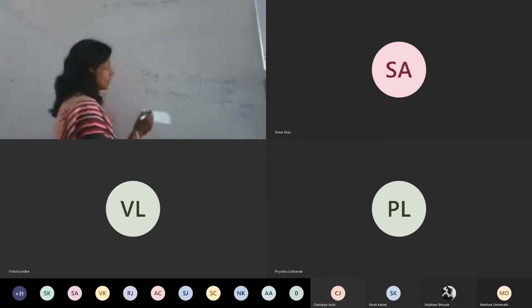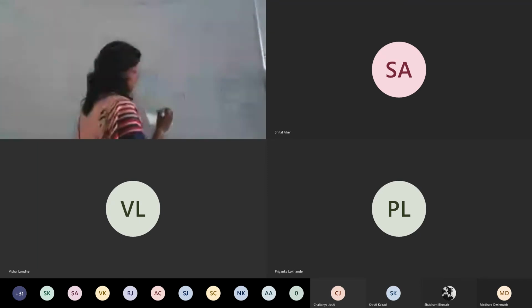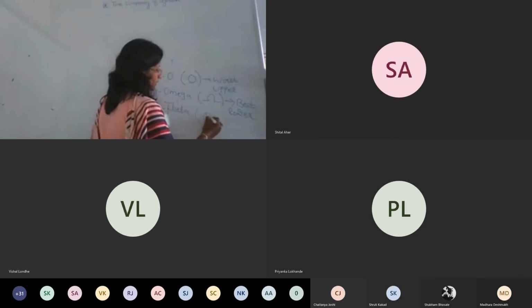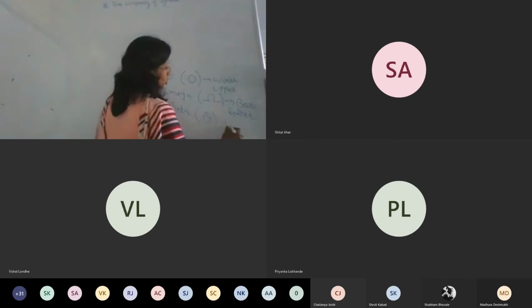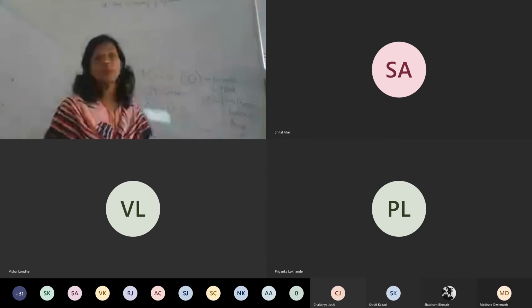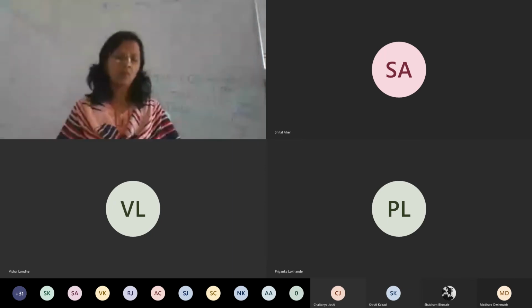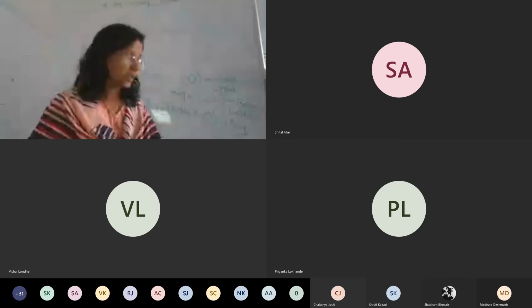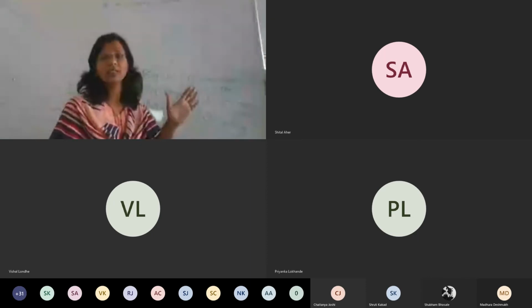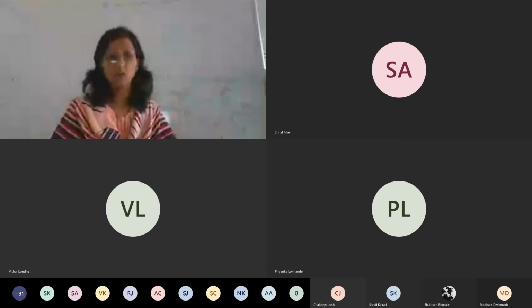And then we can have a third type, which we call big theta. And big theta, how do we represent big theta? Big theta is represented like this. So it is used to represent the average case, wherein the average number of operations are performed by your algorithm, right? So these are three asymptotic notations which are used to represent the time complexity of an algorithm.